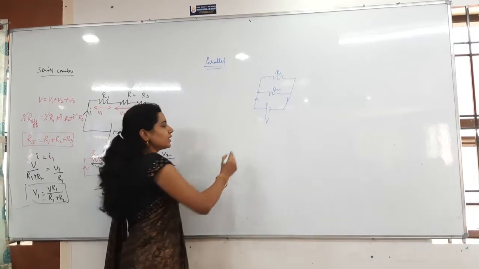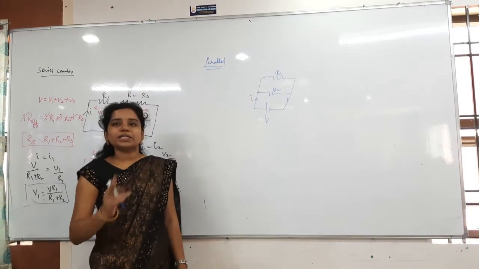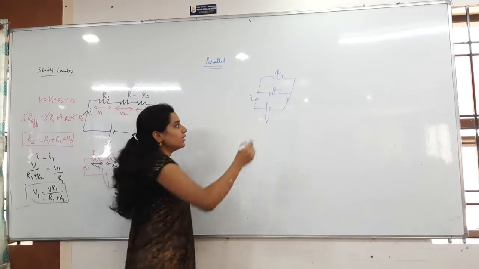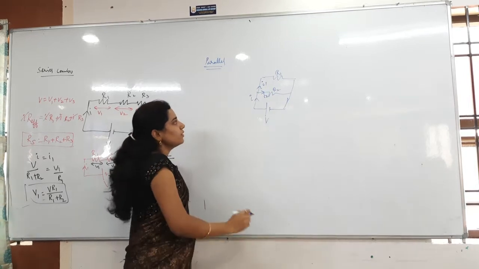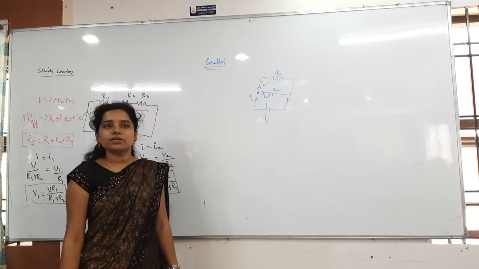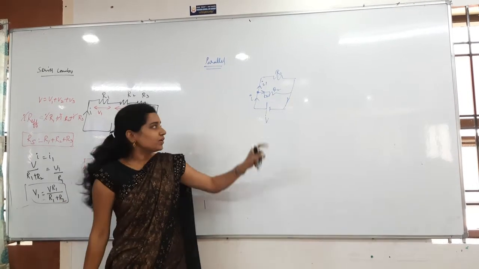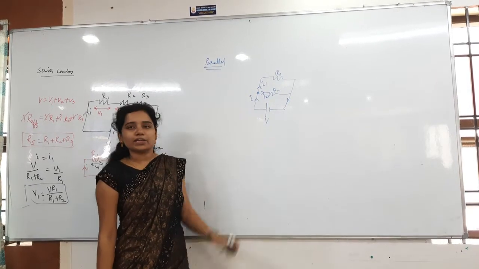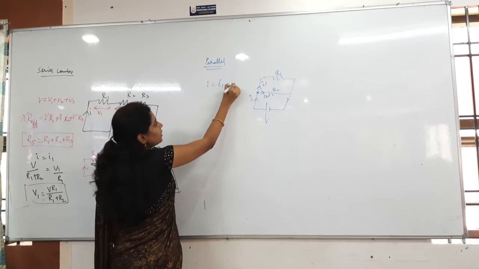Now potential is same. From this battery, current I is flowing. That I is splitting into two branches here. One is this one, another is this one. Let me take this as I1 and this as I2. Whenever I apply the Kirchhoff junction law at this junction, what can I say? What is the Kirchhoff current law? Currents entering is equal to currents leaving. I is entering. I1 and I2 are leaving. So I is equal to I1 plus I2.